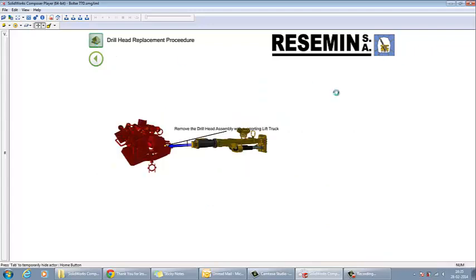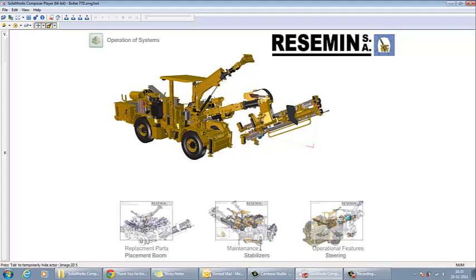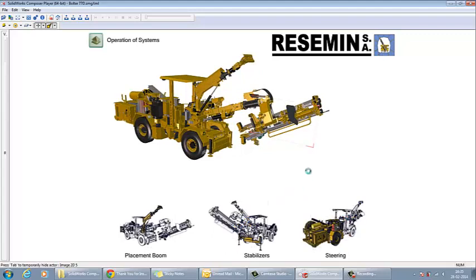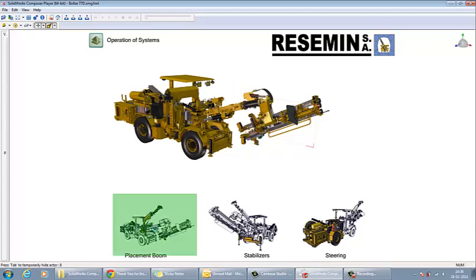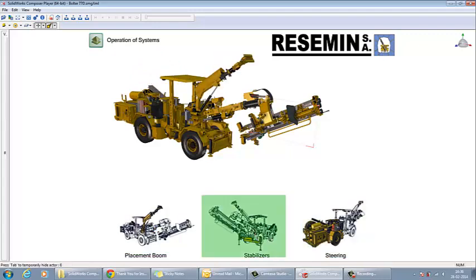Now let's say, for example, I want to make a marketing image. I want to showcase my product which I've created. For that, again I can create interactive documents which I can post online or to my HTML site. Let's say, for example, I want to showcase how this boom moves around. So if I click on my placement boom, it will show me how my boom is going to work. Again, I want to showcase how my stabilizer is going to work. I can do the same.